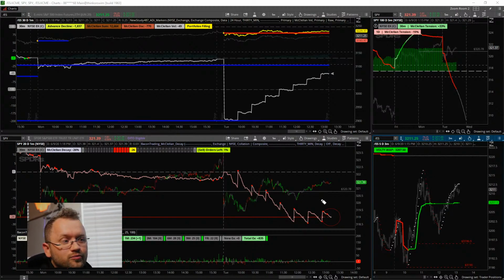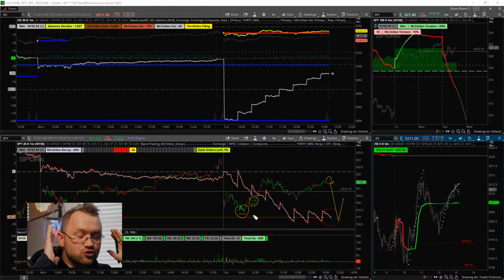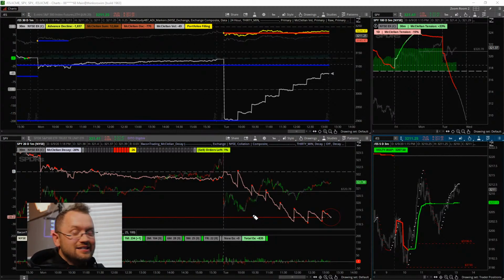So there's no reason for this to do this. The only reason that could possibly happen would be to take out these to create liquidity. And the only reason that would happen is if the bears decided to get gutsy and push. And pushing would just drive it into the hands of larger bullish positions. It would be a bad play. It would be so stupid for the bears to do that. It's not going to happen. And if it does, well, bears are stupid.